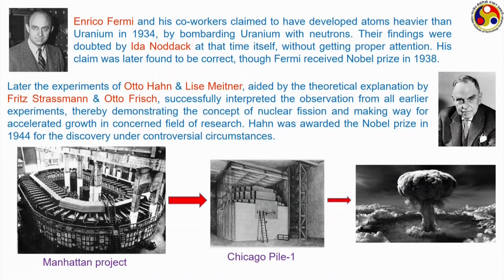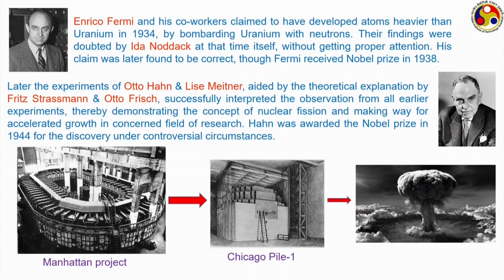Their work led to the Nobel Prize of Otto Hahn in 1944, which was given under quite controversial circumstances, because this Nobel Prize was awarded or announced in the later part of 1945, post the Second World War, where the atom bomb at Hiroshima and Nagasaki was already history, and Otto Hahn was also under lock and key, or I should say he was in jail. But it is also quite unfair to give the Nobel Prize only to Otto Hahn, because Meitner and Strassmann contributed equally to the experiment, but still Hahn was the person who received the